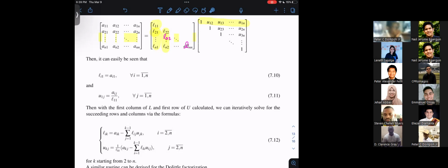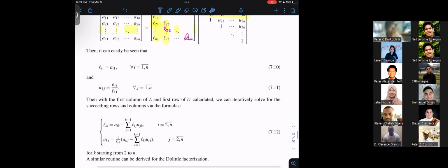Okay. So if you want to write the program for the Crout factorization, you can just make use of equations 7.10 and 7.11. Do this in a for loop, right? So this should be one for loop because they are kind of independent of each other. After you get L11, you can compute all the U1j's. And then after the for loop here, another for loop for